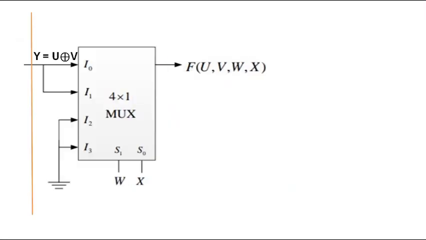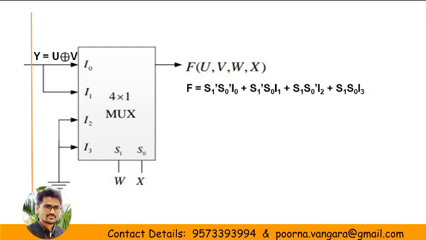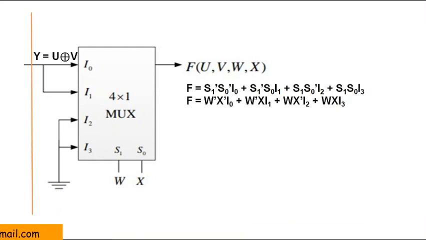Consider the second multiplexer, and in a similar way write down the expression for f in terms of selection line and input line variables. Once again I am repeating that this writing of expression we already discussed in the very first video. If you have any confusion, please watch the previous video. Now the same procedure we need to follow. First we need to replace the selection line variables with the given inputs. Here the inputs are w and x. And in the next step we need to replace the input line variables with the given values.